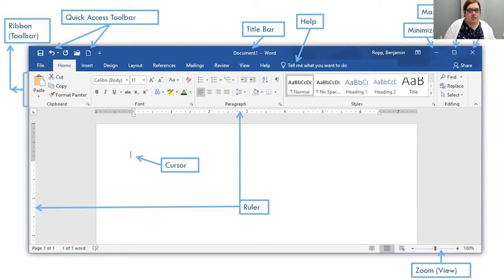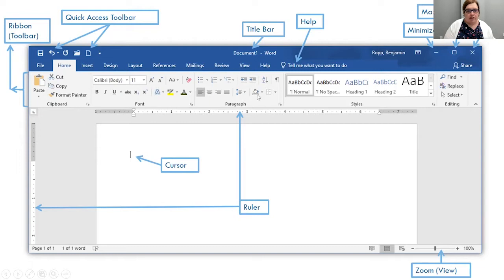And basically the font has to do with the writing or the typing inside of your document. So it's very similar to handwriting. So just like people use different colors of ink to write, you can also use different colors of ink in your documents as well. And you can also change the size and the type of font too,